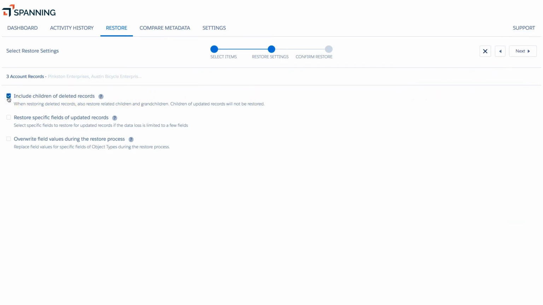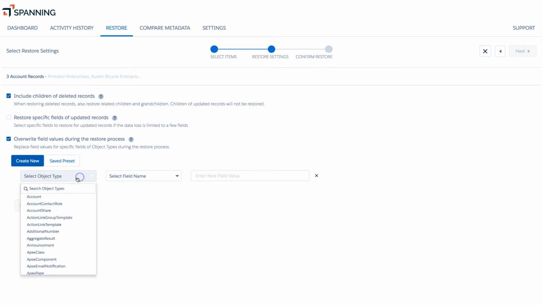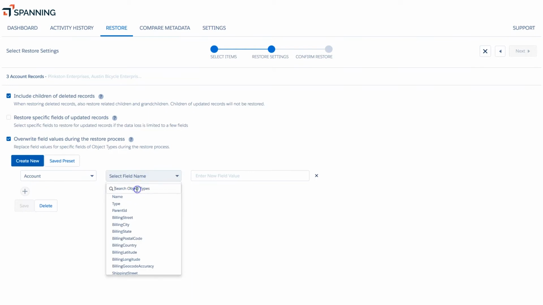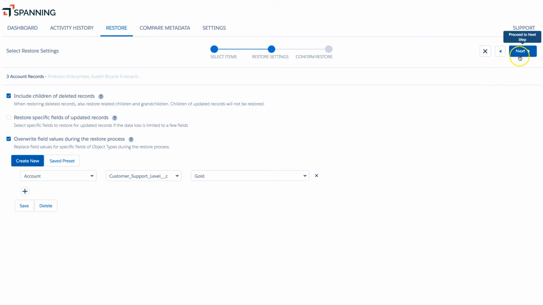Including children will restore all associated child and grandchild records, all the way down the hierarchy, in the restore operation. Additionally, if the object types have a newly added required field that wasn't present at the time of backup, you can use the Overwrite Field Values feature to manually input a value in that required field. In this example, the account object type now has a required field called Customer Support Level, but this field did not exist when the record was backed up. Using the Overwrite Field Values feature, we can input a value for this required field so that the restore completes